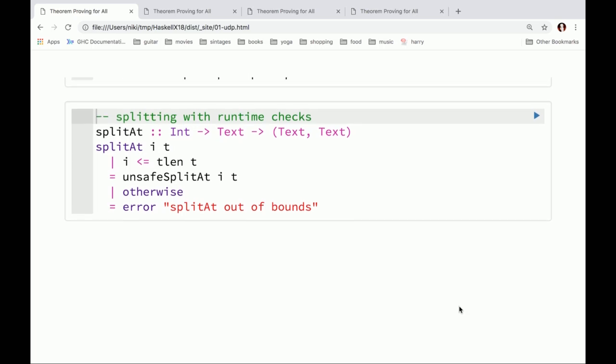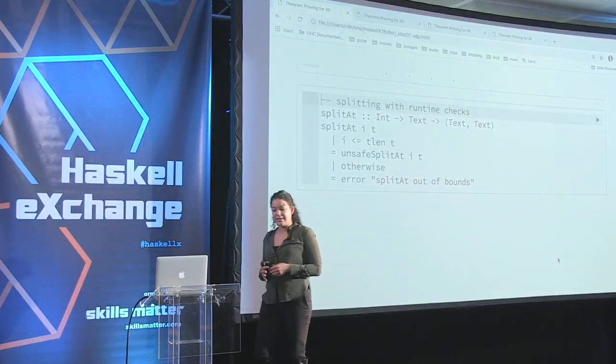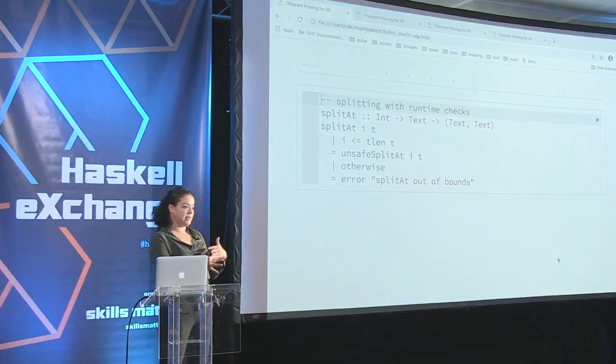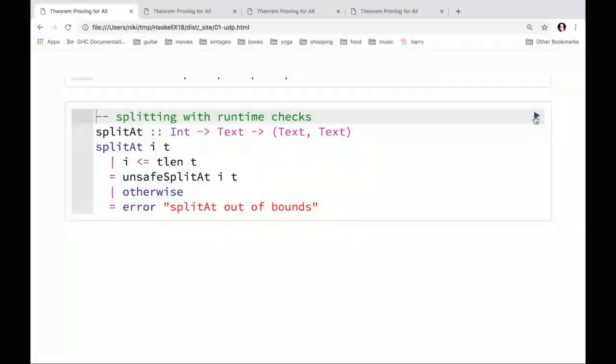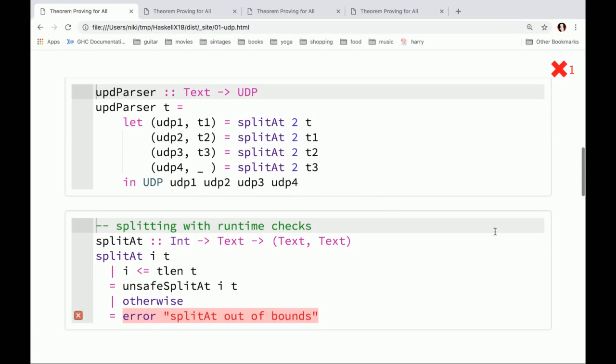It says split at, give me an index I, and give me a text, and I'm going to first do a runtime check to see if I can actually go and split at the index that you are giving me. And if I do, I am using the unsafe version of split that is basically going and doing constant manipulation of the memory. So if I press this button, I am calling LiquidHaskell,